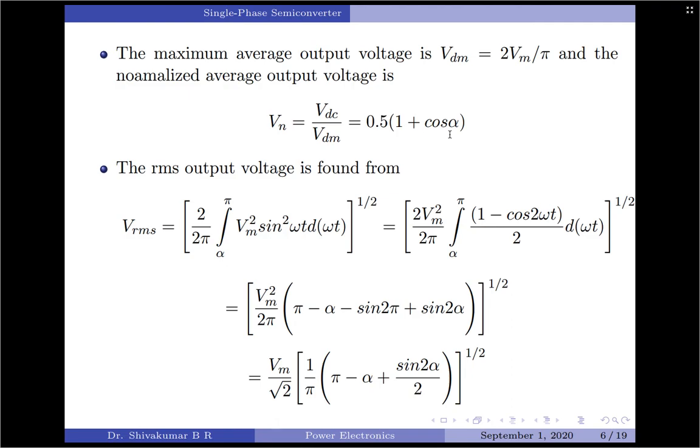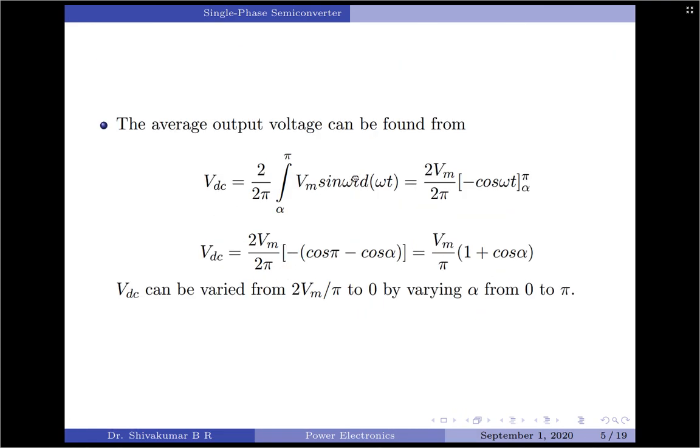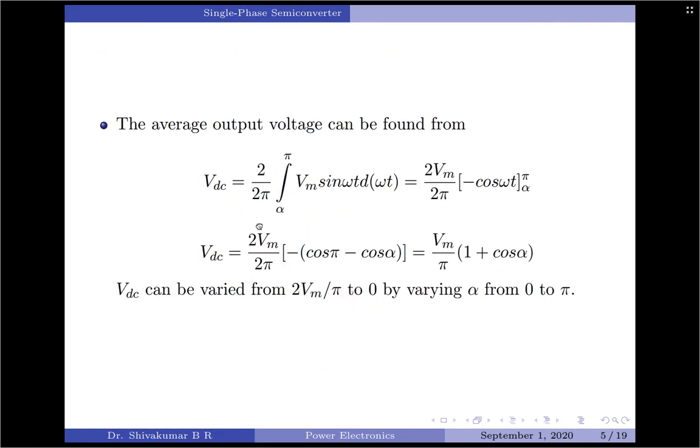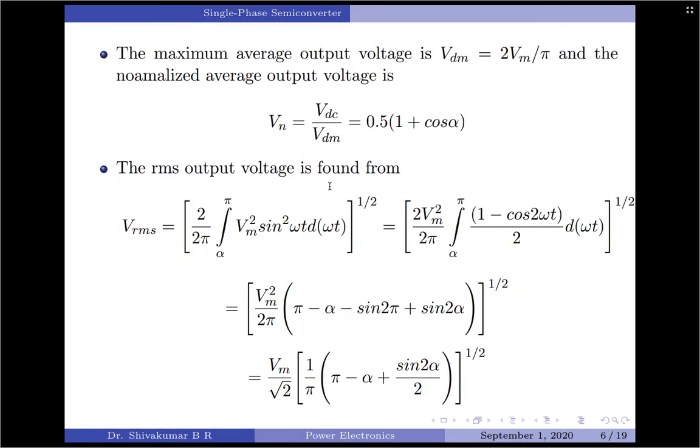alpha. Lastly, we find the RMS output voltage for the single phase semiconverter, which is, I start from the mean value, then I square the values of integration and put a square root over the entire term, so that I get a root mean square. So this is the same equation that I had for VDC. VDC is nothing but the mean. So you take the mean term, write it first, then square it. What am I supposed to square? The values of integration. What am I integrating? The input. So Vm square sin square omega t. Then put a square root over the complete term to get the root mean square.